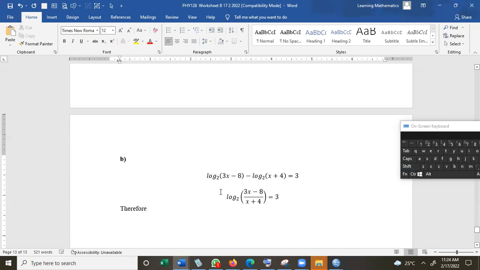So we apply the second law to simplify this as one logarithm. The log is blank, there's a 1, so we can do that nicely. The x plus 4 carries a negative log, so it comes in the denominator. 3x minus 8 carries a positive log, it comes in the numerator. The base remains 2. So you have log in the base 2 of a number is equal to the exponent. So therefore now,